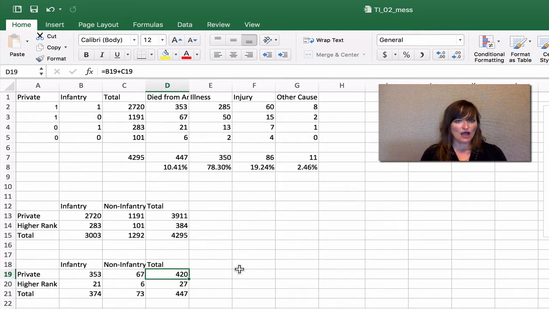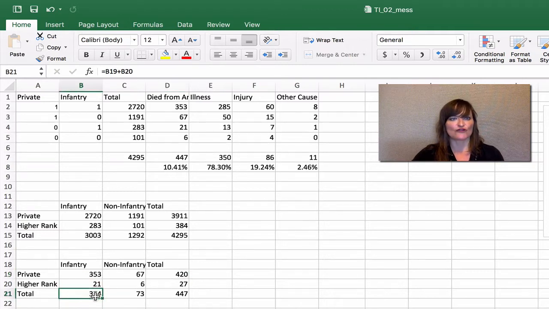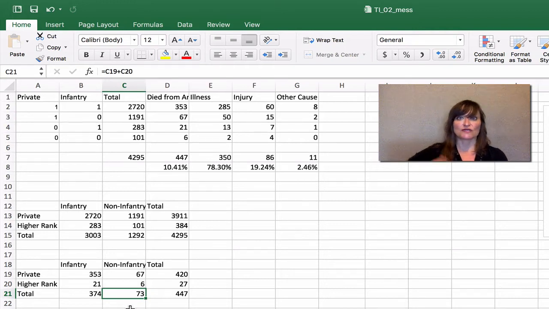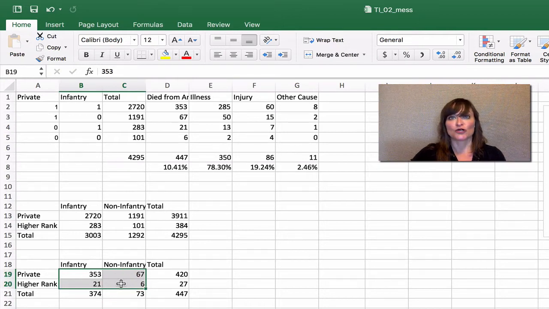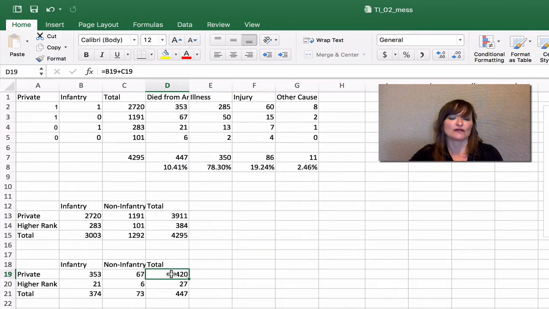So we can now look at this and ask how many privates in all died, how many higher rank soldiers in all died, how many from the infantry died, how many soldiers not in the infantry died. So by rearranging those raw numbers into a 2 by 2 contingency table, we're able to collapse across the levels of one variable and sum across the levels of one variable.